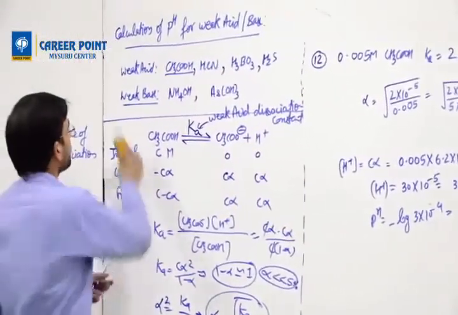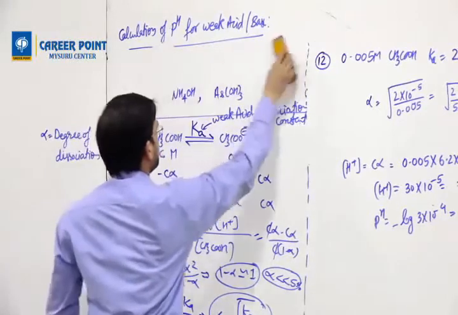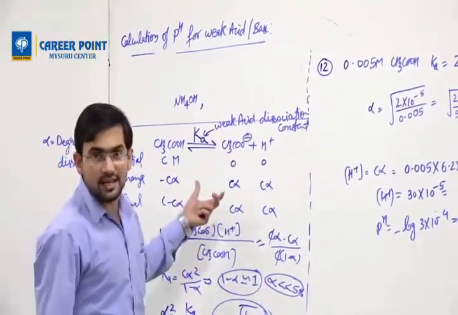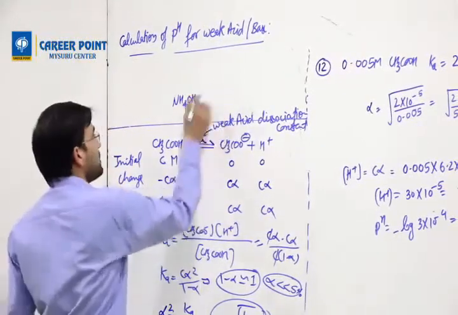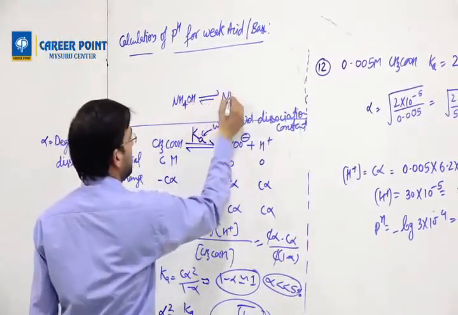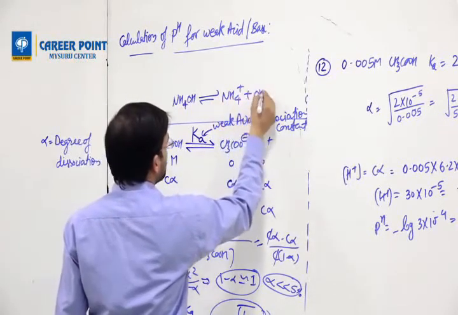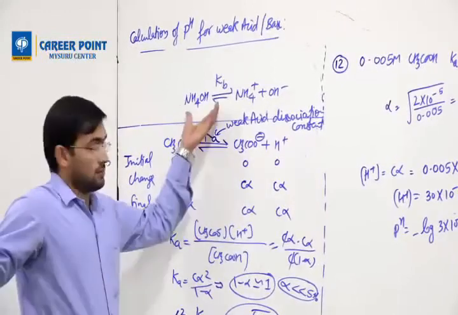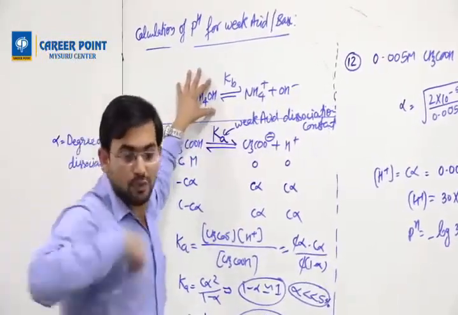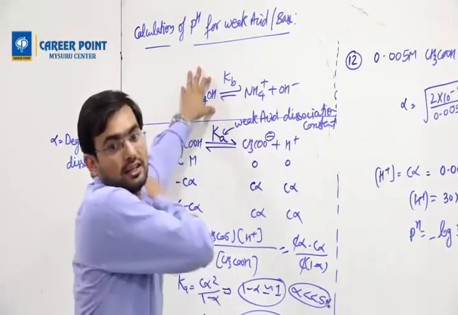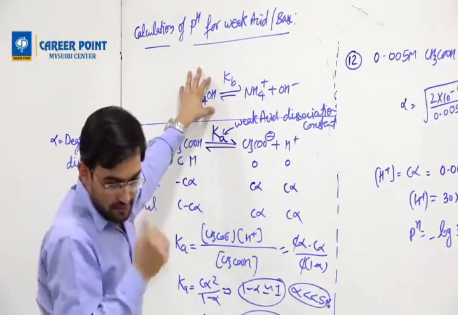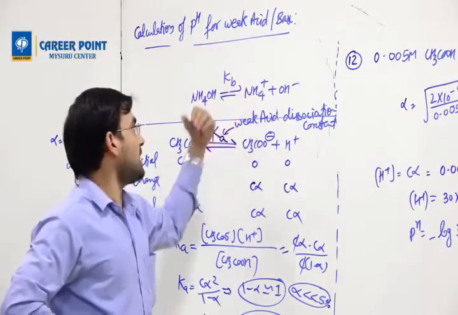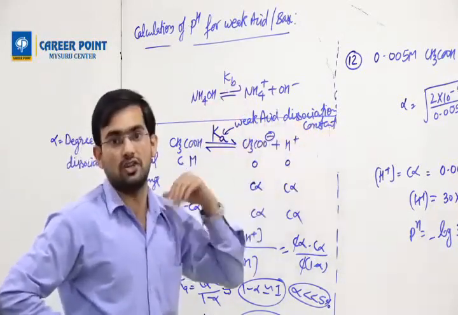Now I'm going to do it for a weak base. This I have done for weak acid only, but I have to do it for weak base also. So the weak base is NH4OH. I write it as NH4 plus and OH minus. This will become Kb, because it will be left out. In spite of having a reactant, still the reaction cannot get completed. So now, instead of Ka, A is replaced by B. What is the Kb? Weak base dissociation constant.